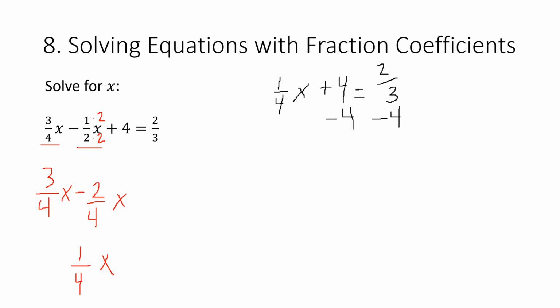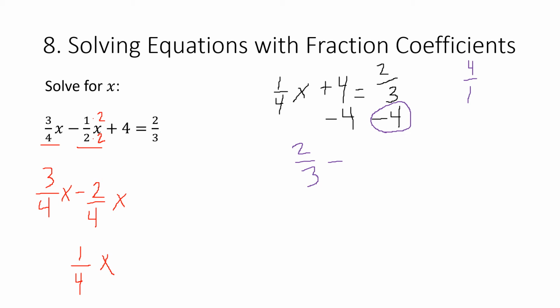Uh-oh, got another problem with subtracting fractions because we know that we need to turn this 4 into a fraction that we can easily subtract from 2/3. So I'm going to change colors just so it doesn't all run together. So if we have 2/3 minus 4, so we've got 2/3 minus, we need to change this 4 into a fraction. So we can change this into a fraction by just simply putting it over 1. So 4 over 1,